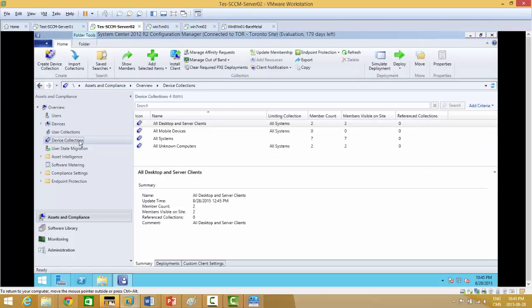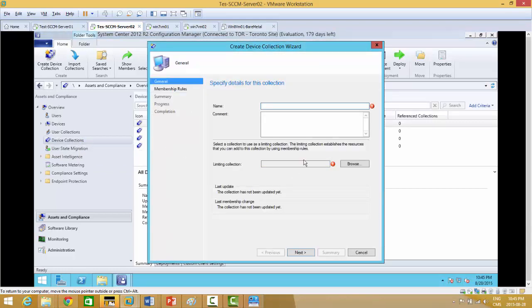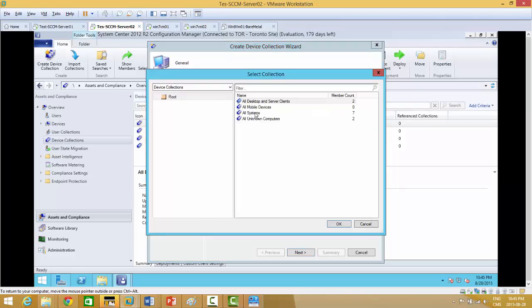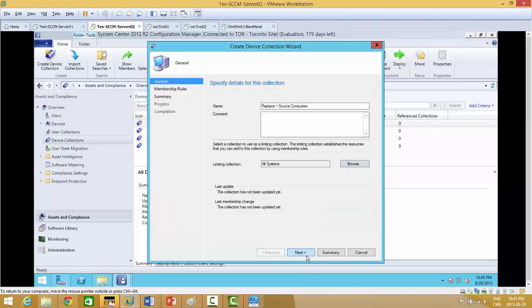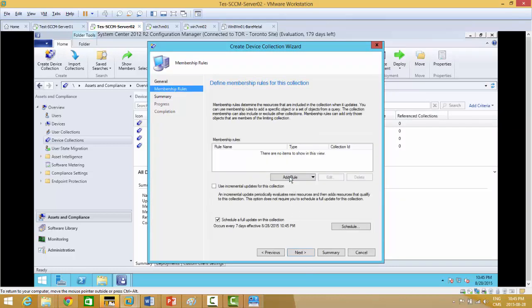So right click the device collection, create device collection, and there's the name it's asking. Right click and paste. Replace dash source computers is the name for the first collection. Limiting collection, click browse, go to all systems. From within all systems, I'm going to choose one. So next, and then in order to choose which one of the Windows 7 I want to add in this